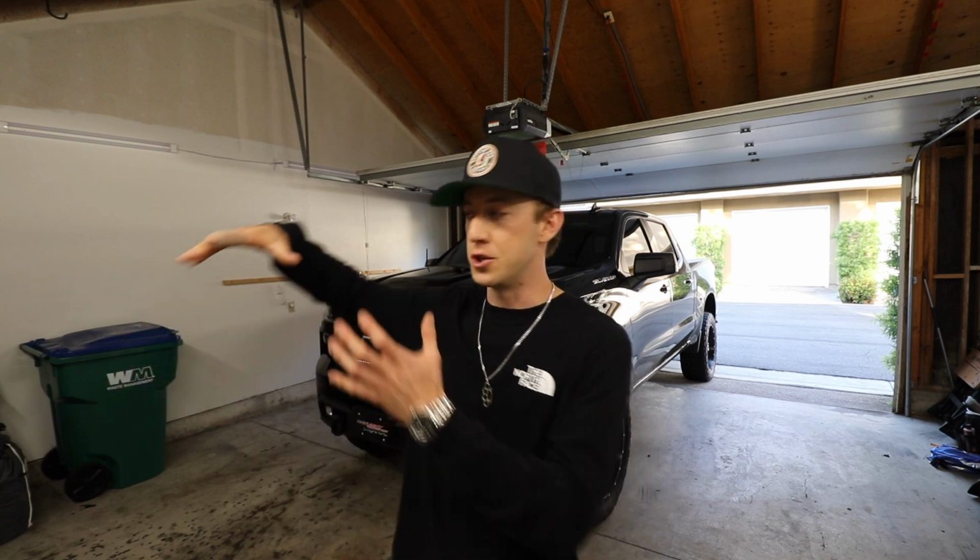Speaking of the fact that I have a two-wheel drive Silverado, it was rather interesting to me how many people were bothered that I bought a two-wheel drive Silverado. If I had a choice, I would have purchased the 4x4 option, but with the way truck sales are going right now, it's slim pickings on new trucks, so it's hard to get exactly what you want. Even though I do plan to off-road this truck a bunch after the wrap goes on and the new exhaust,